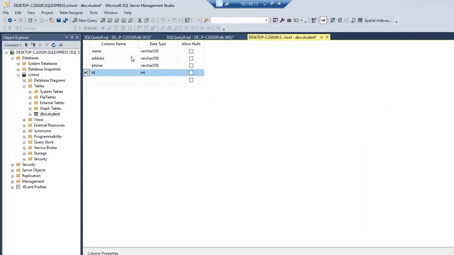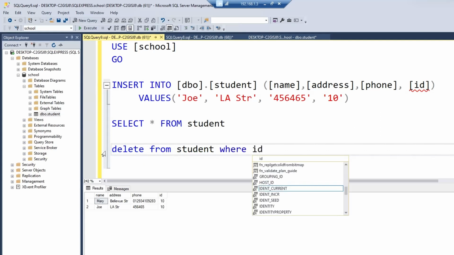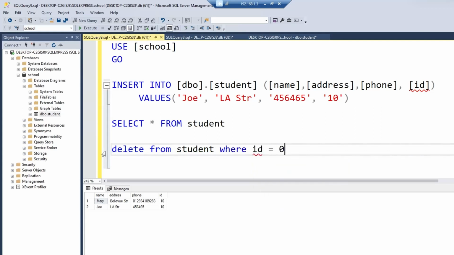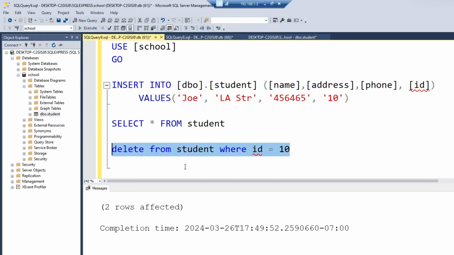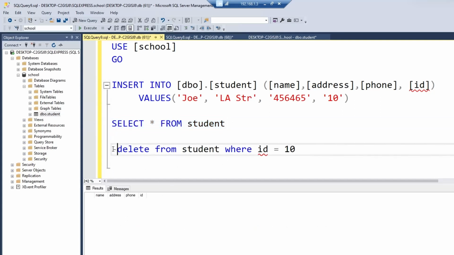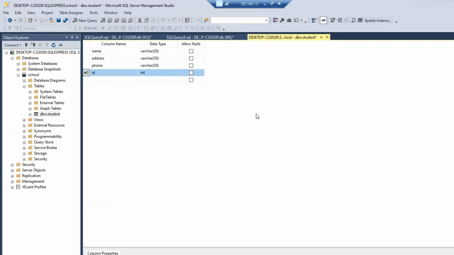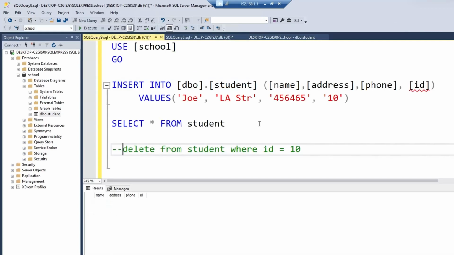So because of that, I'm going to go to the query and I'm going to delete from student where ID equals 10. So I'm going to highlight this row, run, and then everything that has ID equals 10 gets deleted, which means I have no data in the database anymore. So now I can go to the design and save this table. All right, so save this table, and now I can come to my query